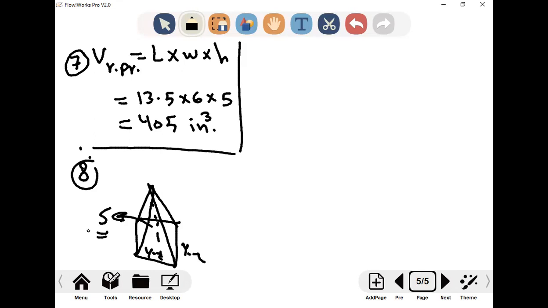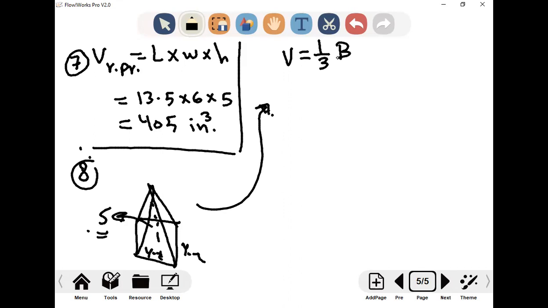Nikki makes wax candles that are shaped like regular square pyramids as shown. How much wax is needed to make each candle? How much wax? Means I need to know how much wax I can put inside this square pyramid, right? Means I'm talking about how much space can handle this wax. How much space? We are talking about volume. So here the volume of any pyramid,